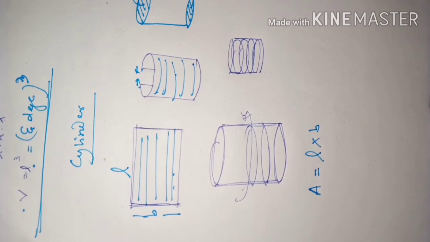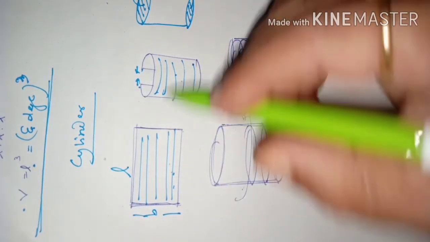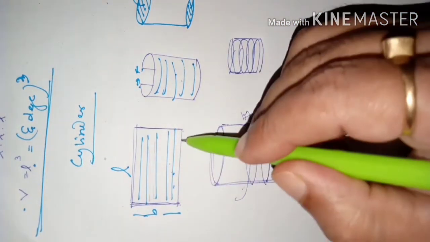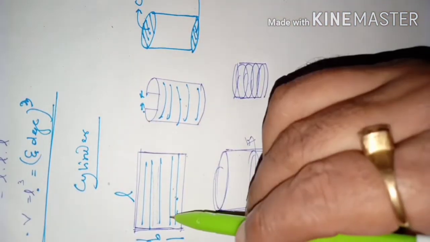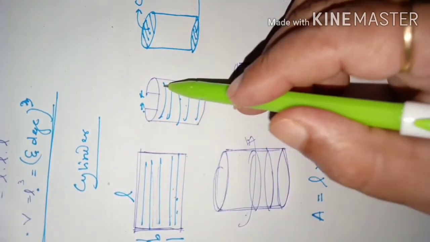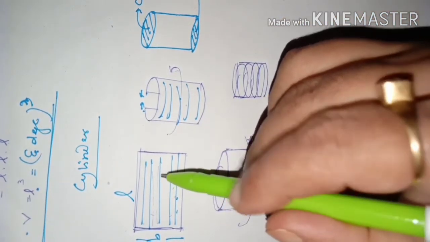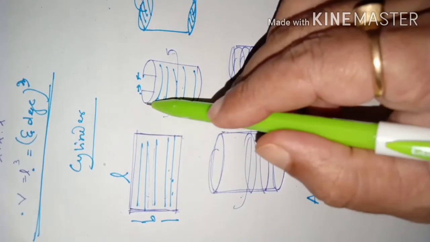I am talking about the rectangular sheet which is used to make a cylinder. So this rectangular sheet's area is length into breadth. But when you roll it, will this rectangle remain as a rectangle now? No, it will take the shape of a cylinder, and that curved surface area will be formed by this rectangle actually. So where there was breadth, that is turned into a height.